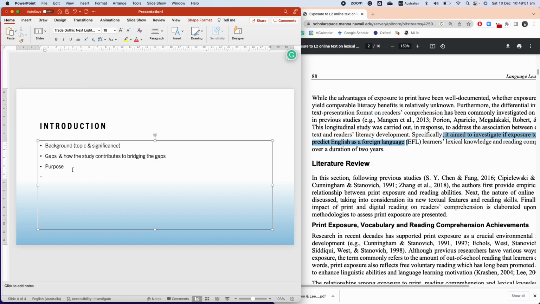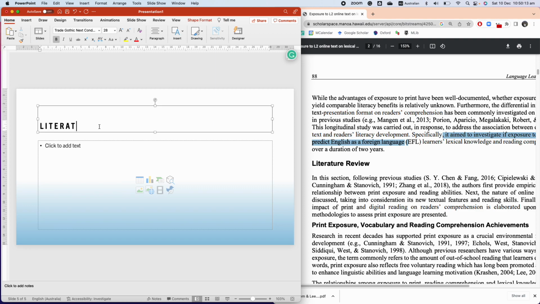Now at this stage it's up to you. You may want to have a research question ready, or you may wait a bit later. Hypothesis, you may put it right here, or you may wait a bit later. Now let's move on to the next